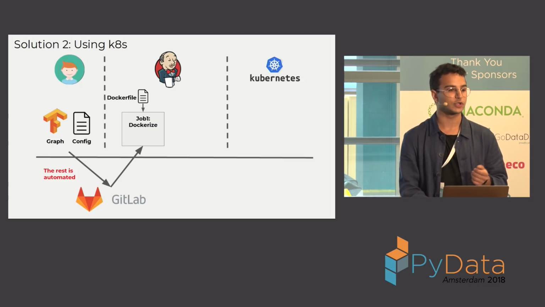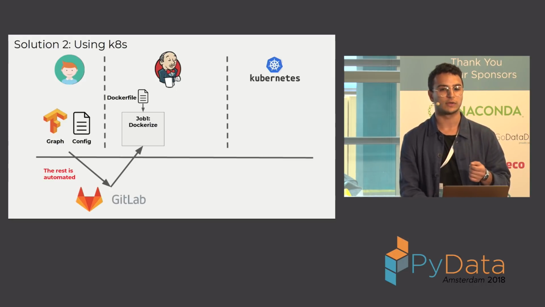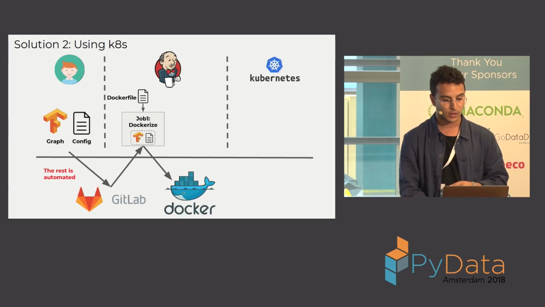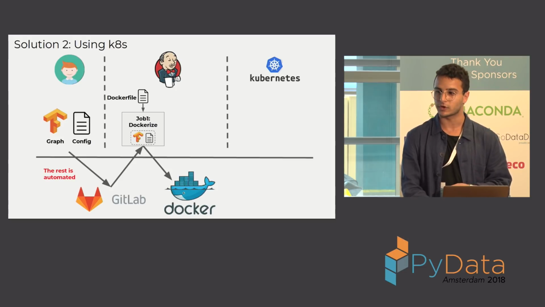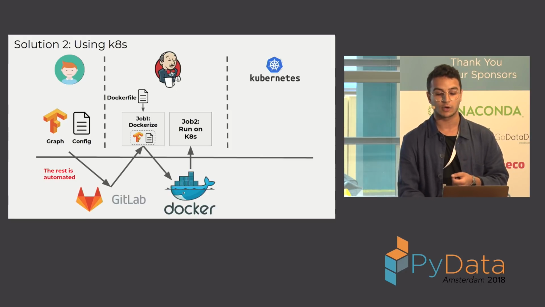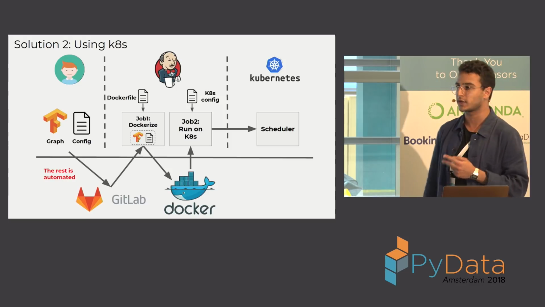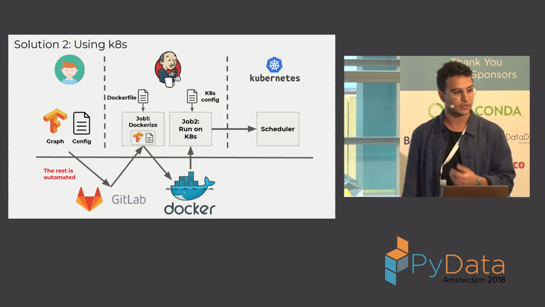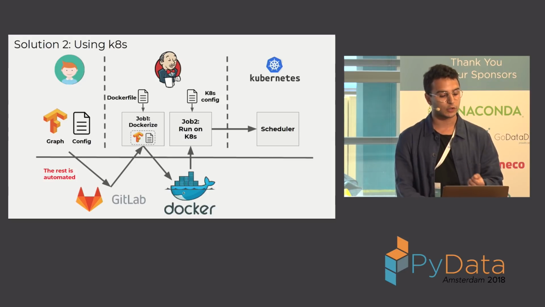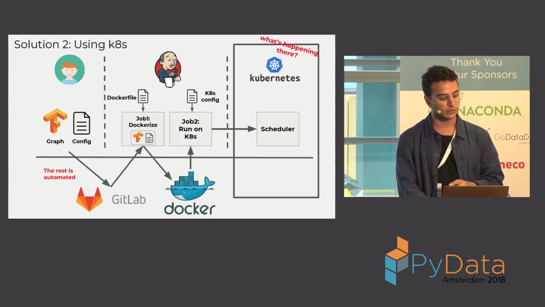So we have one job, which pulls in the Docker file that we just mentioned and builds the Docker image. And this also contains, again, the dependencies. It pulls the TensorFlow graph, and it knows how to start this job. We build a Docker image that we push to a Docker registry. And then this is pulled by Kubernetes alongside a config file, a deployment file, in order to start this on Kubernetes. So remember the two resources that we had in mind. So the Docker file, the Kubernetes config. These are basically consumed by these two jobs in order to start the training. So everything beyond pushing to GitLab, in this case, is automated.